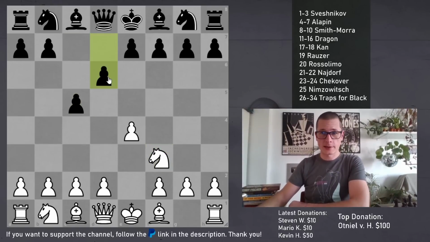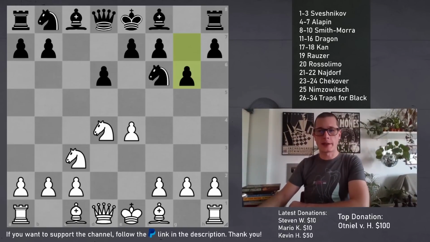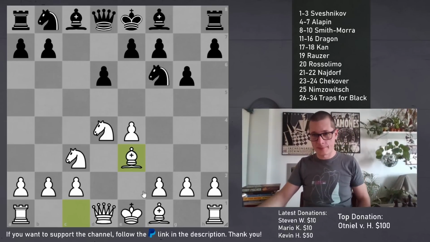Knight f3, d6, d4, takes, knight takes, knight f6, knight c3, and g6. Okay, now White has options, but bishop e3 is by far the most popular one. And Black has options. Black should go bishop g7, but Black can play a6, going into a sort of Dragondorf or Dragon Najdorf position. One blunder I would like to show you is actually something I faced before,